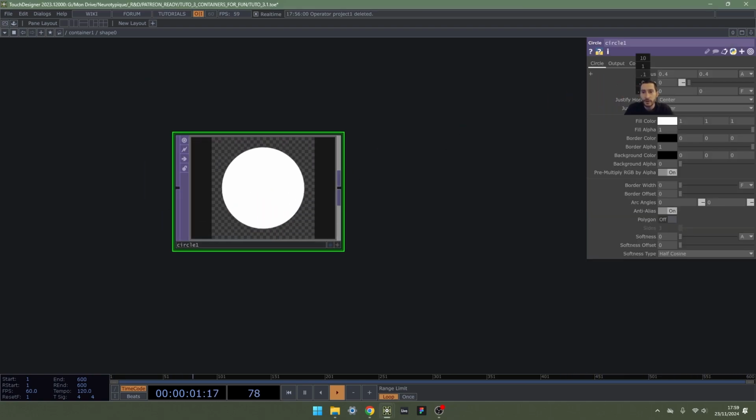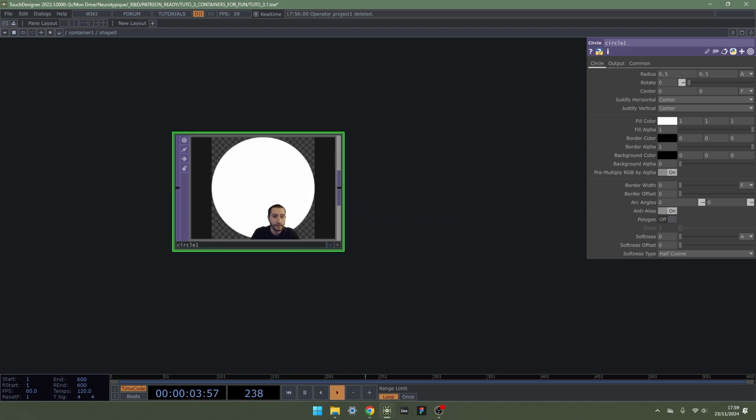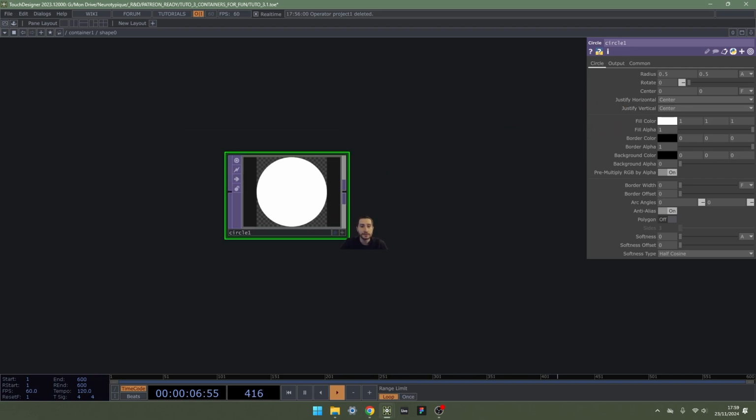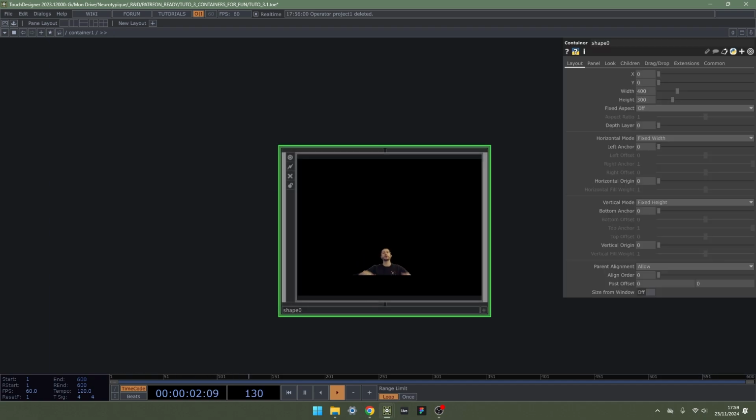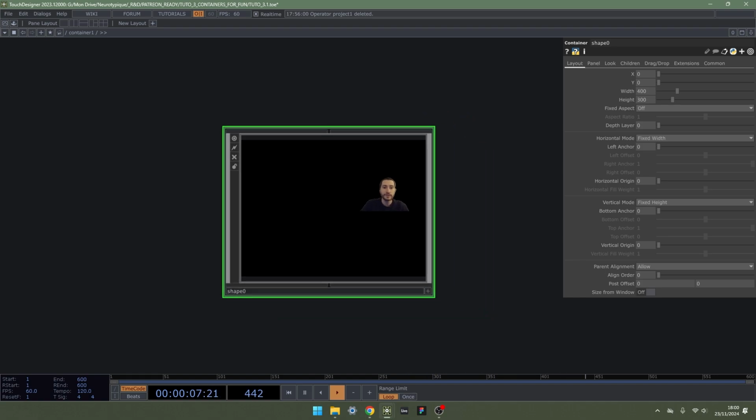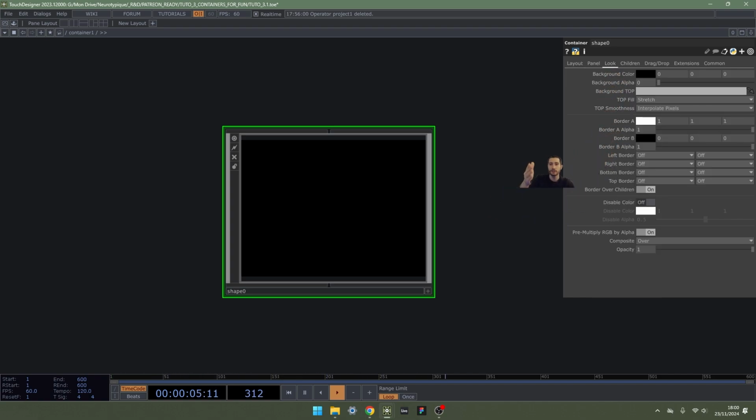What we want to do right away is to make the edge of the circle touch the edge of the image, the texture. So we're increasing the radius to 0.5, 0.5, and that's it for this part. We just go up, so scroll up and have access to this shape container. Now we don't see our circle, so what we want to look at is the look page on your parameter page. So parameter page is this one.